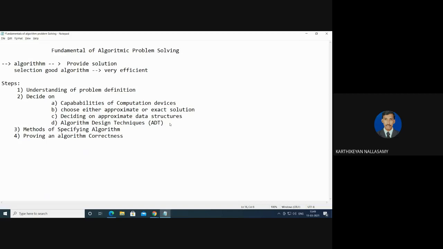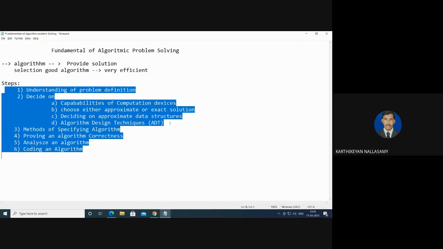And the fifth step is the analysis. That is, we are going to analyze an algorithm with the help of different parameters like time and space complexity. And the sixth one, once it is over, is coding the algorithm, implementing the algorithm. So these are the 6 major steps we normally need to follow in order to develop an efficient algorithm. To develop an efficient algorithm, these are the 6 basic steps we need to decide.